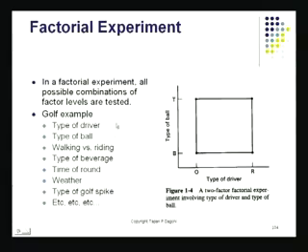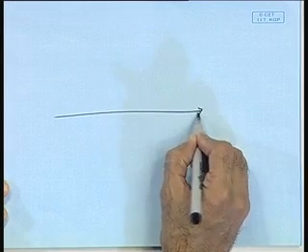Now, it could be affected by some external factors. Of course, a big one is my own skill in hitting the ball and getting it in the hole. The other is the effect of any of these factors: the driver, the ball, walking versus riding, or the type of beverage. Now, suppose we are not controlling these other factors, but they are changing. They are the nuisance factors. They are changing as time progresses. So let me show you this total picture in the form of a cause and effect diagram,